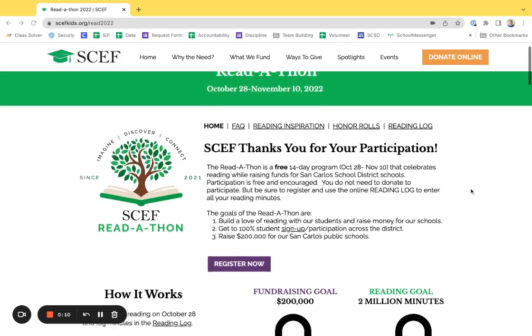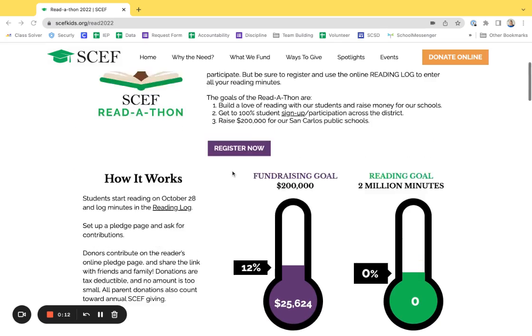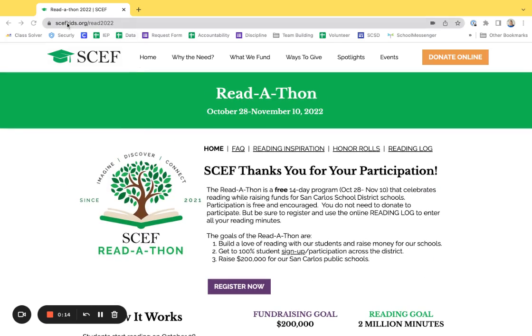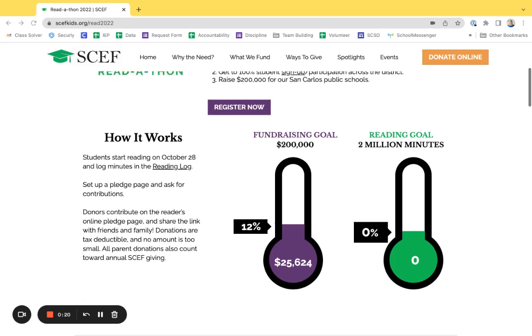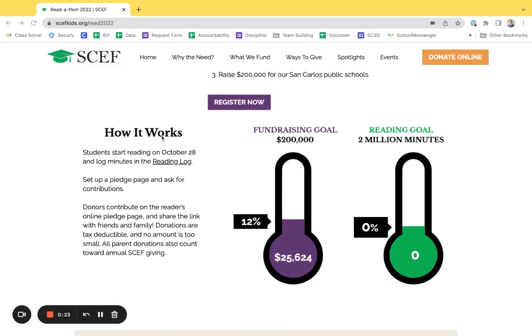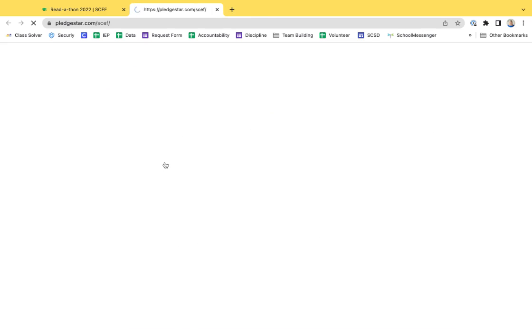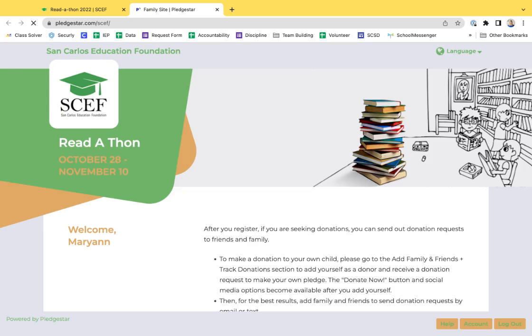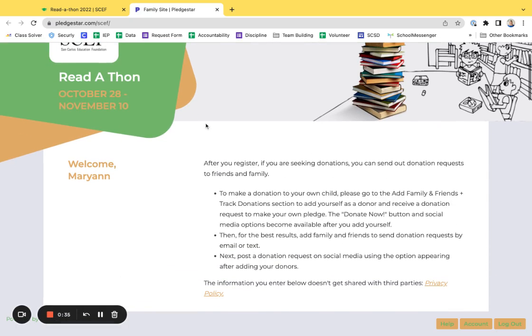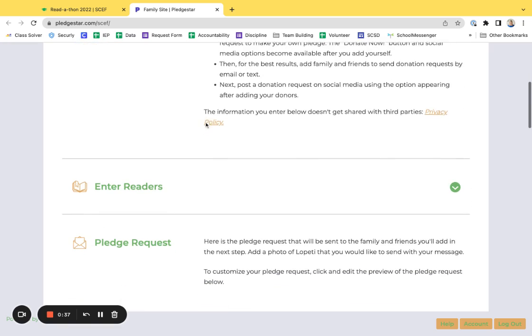Your next step, now that you're registered, is to come to the SCEF Read-A-Thon page, that's scefkids.org/read 2022. You're going to scroll down on the page to this side where it says how it works and reading log. When I click on reading log, there may be a sign that asks you if you're already registered to log in. I'm logged in already, so I'm going to scroll down on this page to the section where